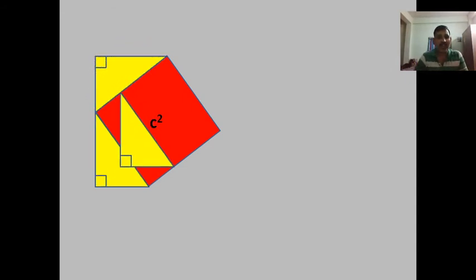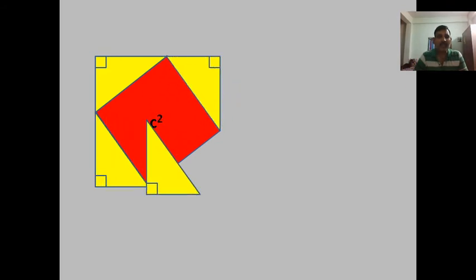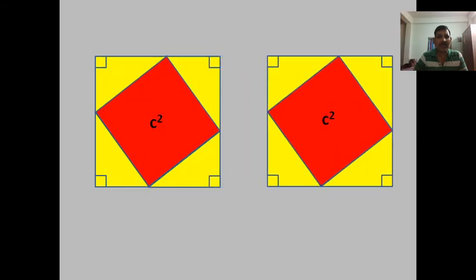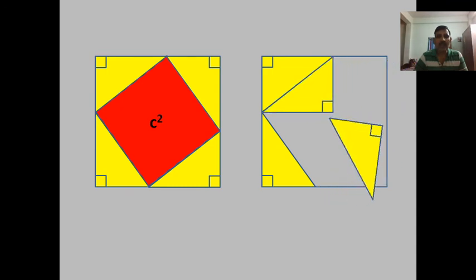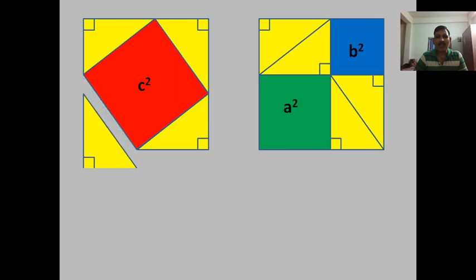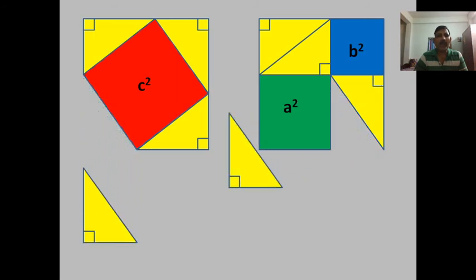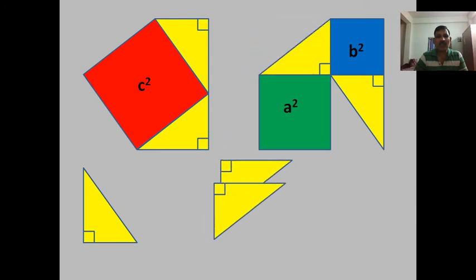We considered a right angle triangle, and the hypotenuse we have c square. So the same triangle, congruent triangles are made, and the shape is arranged. Now we are rearranging the triangles. Just observe. After rearranging, what happens here? If we move them, here we get the two squares can be accommodated there. And now we are removing the three triangles from this. Now you can see what happens here.